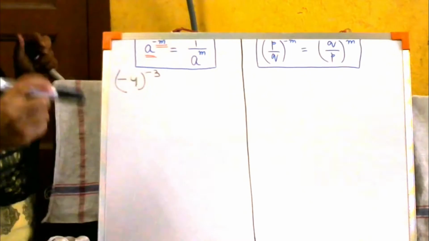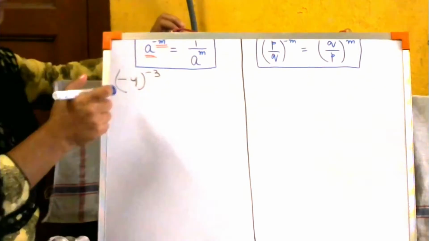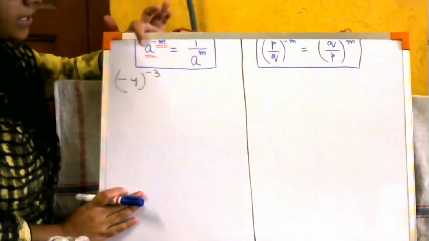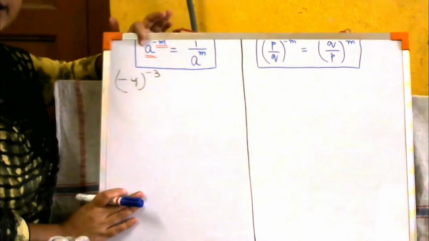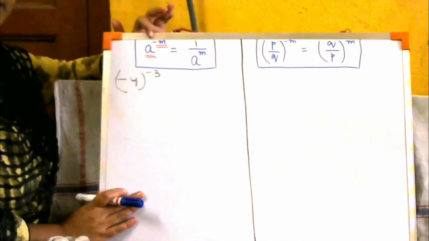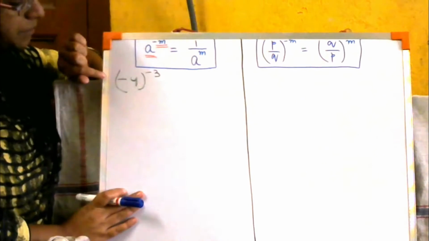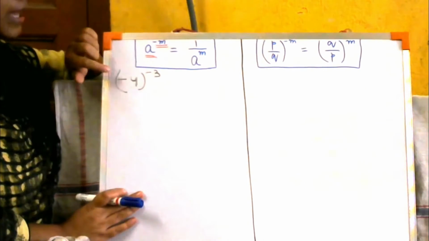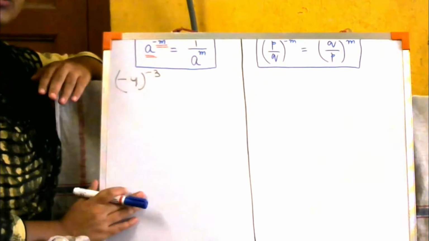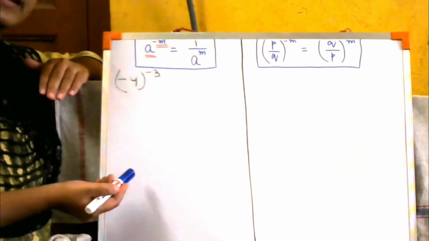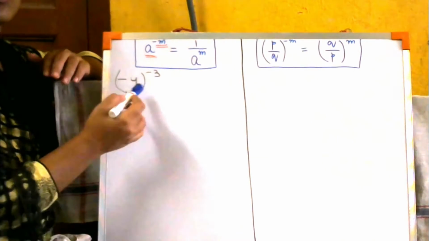Now you are going to say, ma'am, it is not in the syllabus. This thing you people know very clearly. Now can you see over here? Over here the minus sign is not here. In the base there is no minus sign. In the power there is a minus sign. But here I am changing the numbers. I am keeping the base negative also and keeping the power negative also. What if the sum is like this? How are you going to solve it? Do we have to change both the minus signs, or do we have to be concerned with just the minus of the power? What are we going to do?